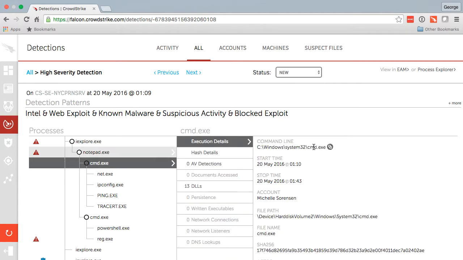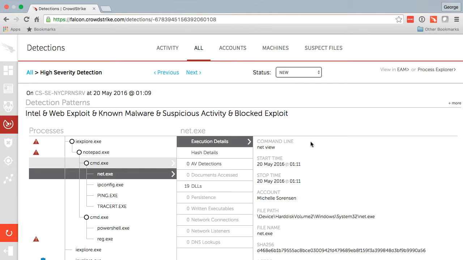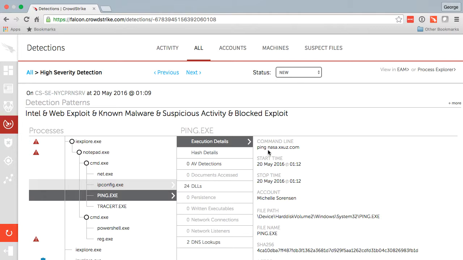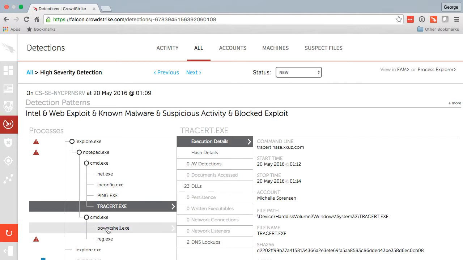We see some kind of command line was processed or launched. So if you recall, I launched a command shell. Then I started running interesting commands as an attacker. What kind of commands were they? Right here. Every single command is captured in detail, including all switches and associated commands. Ping, if you recall, I pinged my command and control server right here. And then I did a trace route. And then I went on to